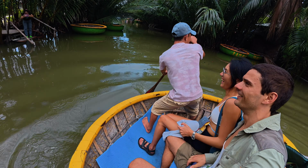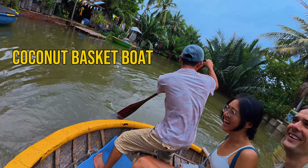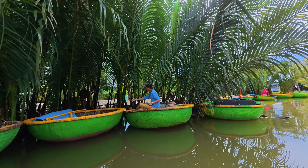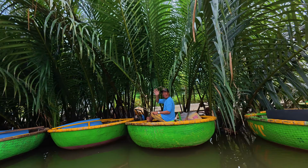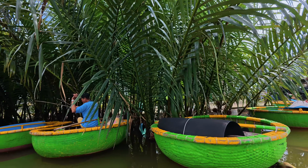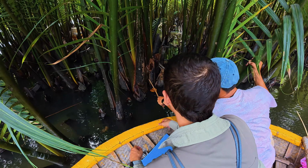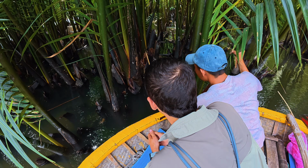The second activity is riding a coconut basket boat. One activity everyone talks about in Hoi An is the coconut basket boat ride in Kamtan village. You get to paddle through these lush palm forests, try catching tiny crabs, and watch the local rowers do those